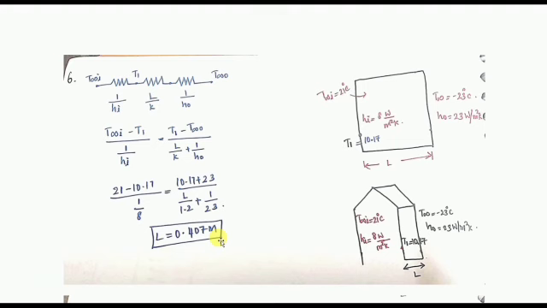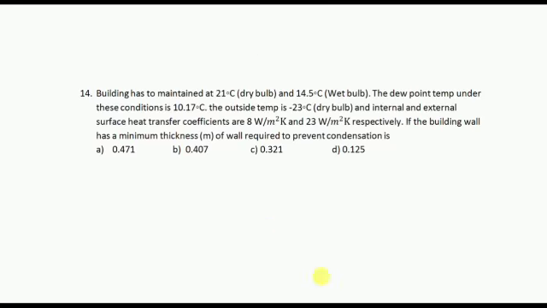If you want to measure in the centimeter scale, you have to give a suggestion to the designer who is building the building. You need to say you have to build the wall with a thickness of 40 centimeter, then only the conduction won't happen. Otherwise, the coolness will come in and the person can't survive in this home. So the length of the wall comes to be 0.407 meter. This is our ultimate solution.